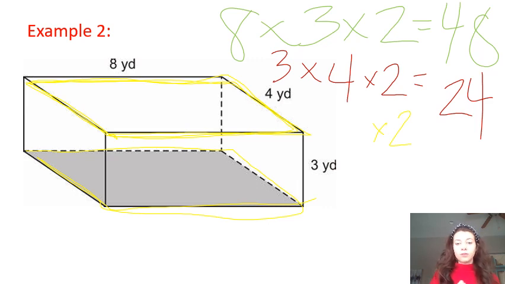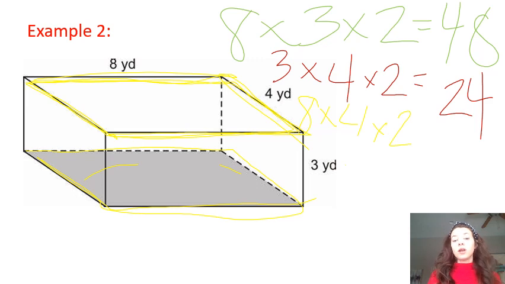Go ahead and write it down. And if you look on the bottom, there's no measurements given. So we might look to that top one. We notice that it's 8 by 4. Okay. So we have 8 times 4, which we know is